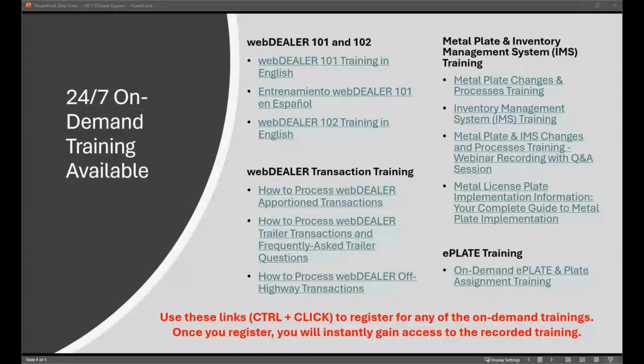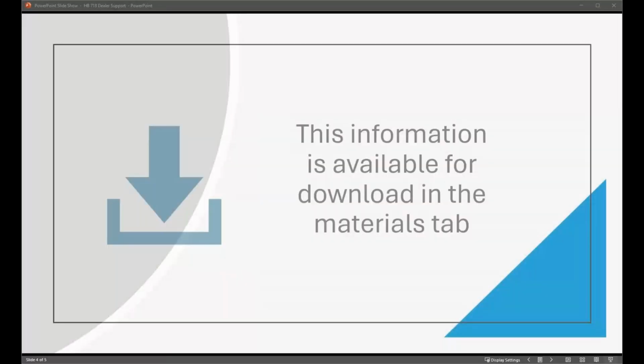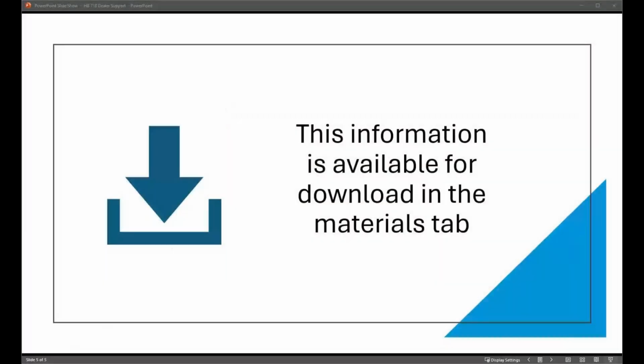There may be other various reasons you may not have received your inventory. So just reach out to that dealer_allocations inbox and they can try to help assist you with that. And as far as the registration sticker paper, you will not receive inventory for that. That will be done by your local county tax office.